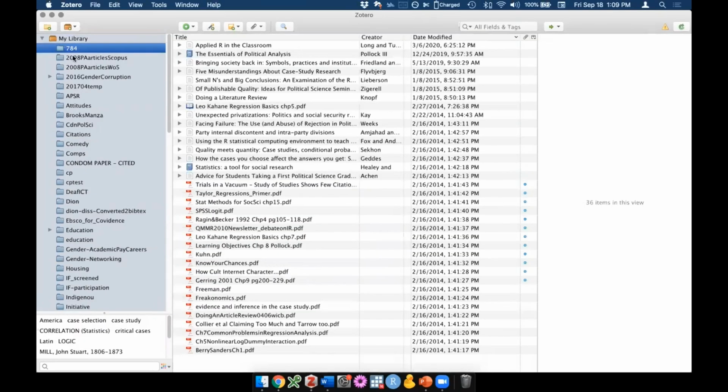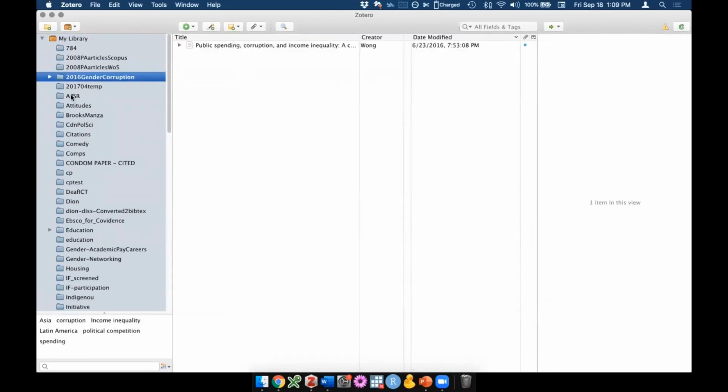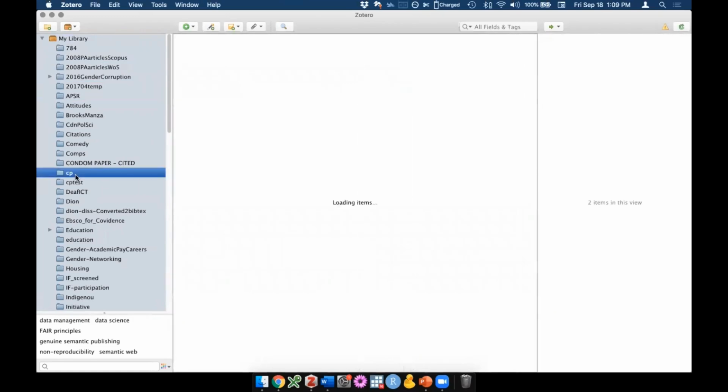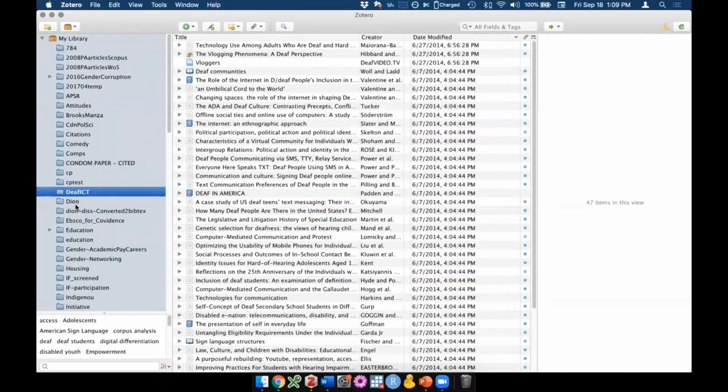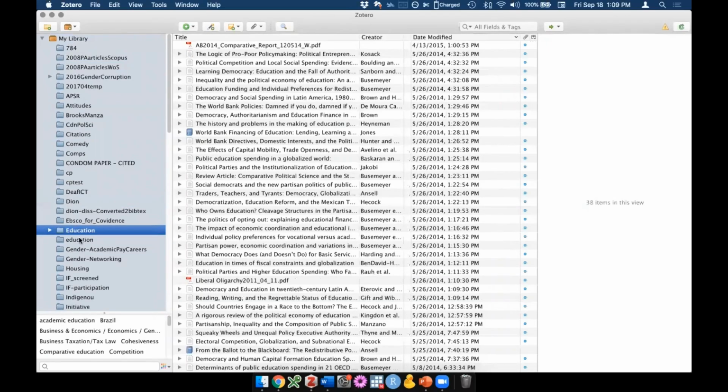But then you can also create in your database separate, what Zotero calls collections. And so these would be for different projects or different papers that you might be writing, if you want to keep all of your PDFs or all of your records in separate folders. And this is kind of like a stylistic or a personal preference, whether or not you organize everything into collections,